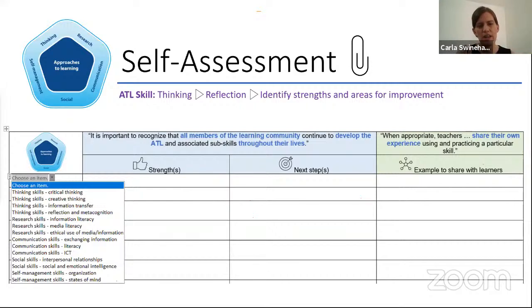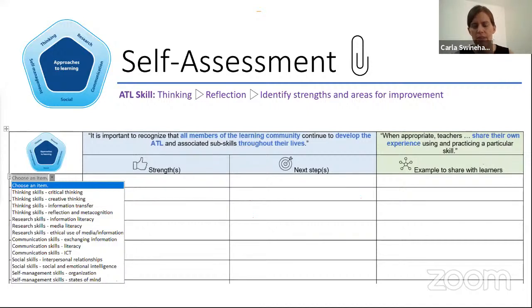So in that question, I figured the reflection point is, and in the Word document, there's a drop-down menu, and you can choose one of the sub-skills. You can take this template and input your sub-skills, or you don't have to have them all. It's up to you. But what you can think about in this template is, let me choose critical thinking, for example. What is my strength in terms of critical thinking personally? What's my personal next step? So thinking on a professional level, what things do I need to do? And then the last column, which is in the green, is to think about an example that you share with